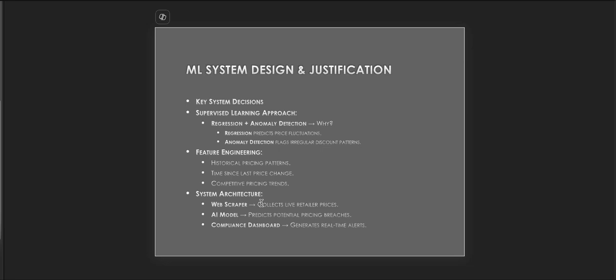The machine learning system design and justification, key system decisions: a supervised learning approach, regression, because we're looking at continuous numeric data. So we want to make sure for predictive data that we're able to use regression, and we're also detecting odd behaviors. So that's also part of it. So we have condition, we have criteria. If the information we're receiving is within that criteria, we want to see it. We also want to see anything that's a derivative.